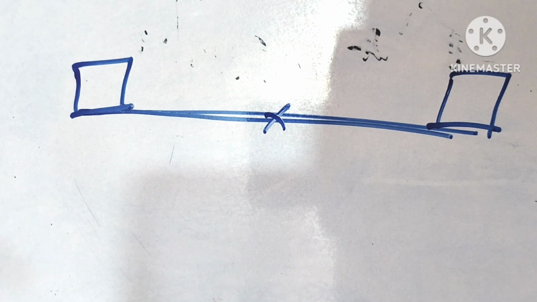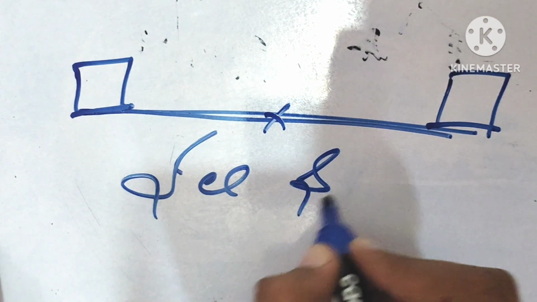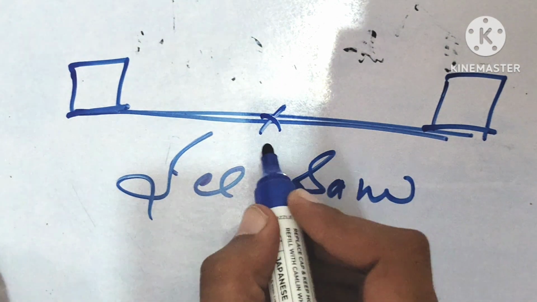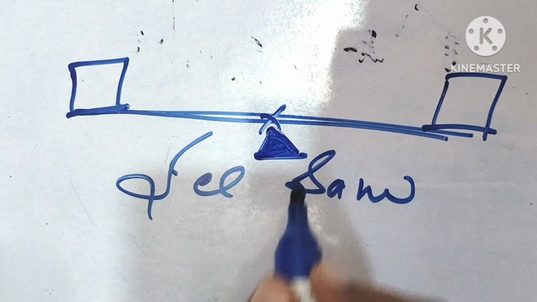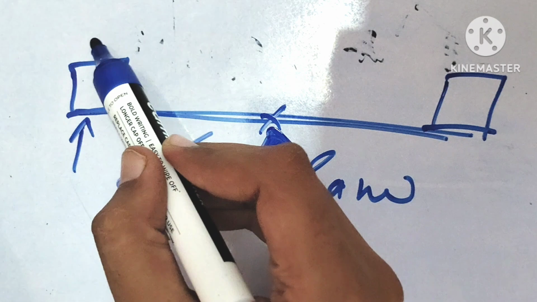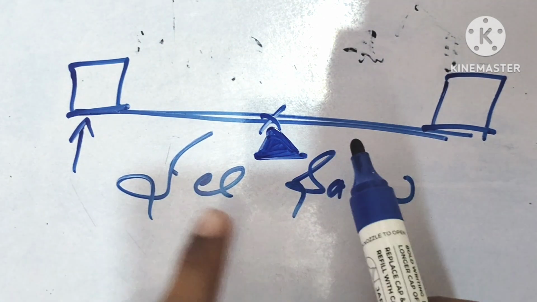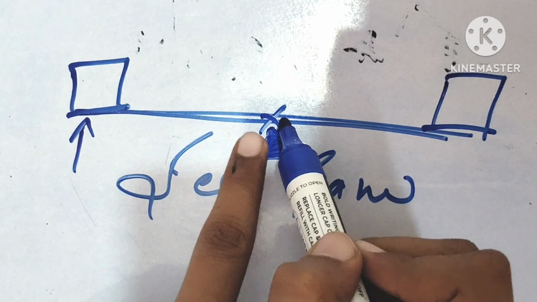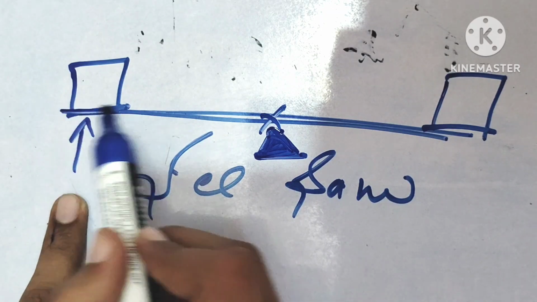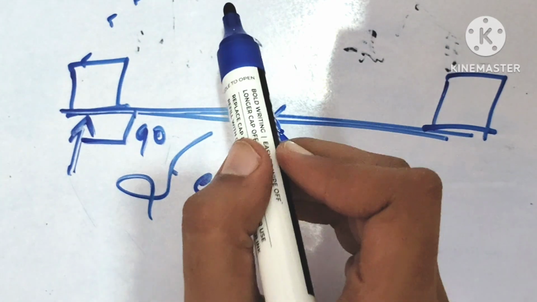explain it. Okay, so here I have drawn a diagram that is basically a seesaw. All of you know what a seesaw is. So here we have a pivoted point. Are you seeing here? It is a pivoted point. If a force is applied in this direction, it will do the turning, the rotational motion, because here we have the condition for rotational motion: the point is pivoted and the force is applied on the object in a perpendicular direction. It is this direction and it is perpendicular, it makes a 90-degree angle, so the turning effect will happen.